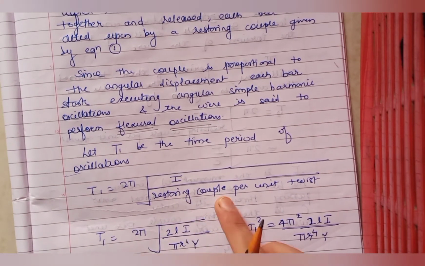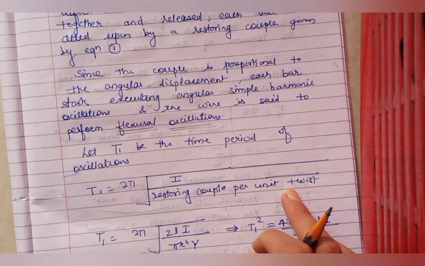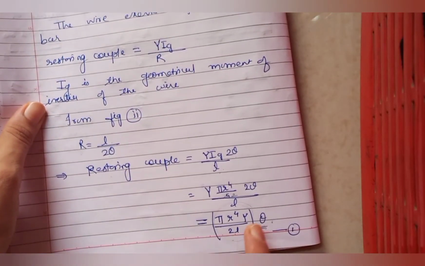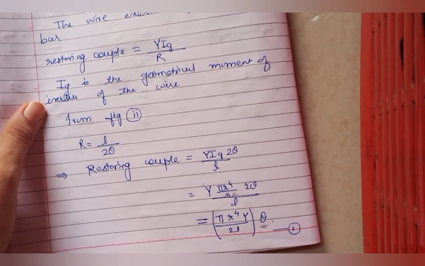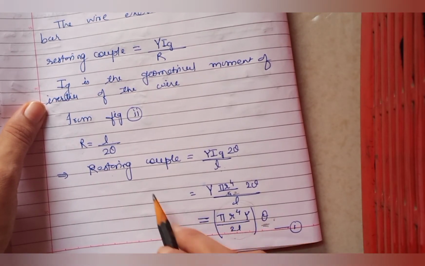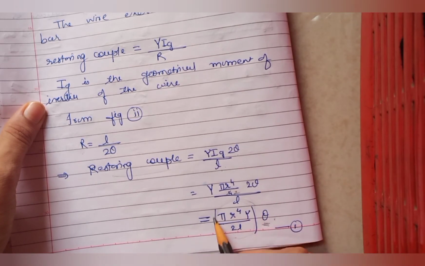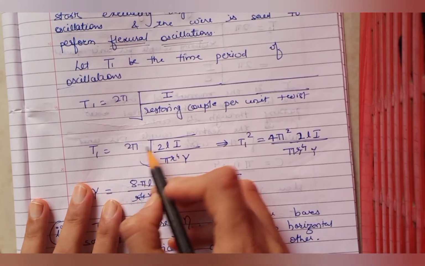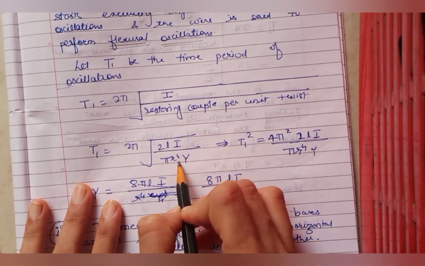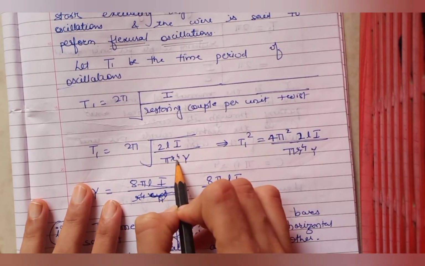हम लोगों को चाहिए restoring couple per unit twist. Twist यानी theta. So if we divide this restoring couple by theta, we will get the restoring couple per unit twist. यानी suppose restoring couple को मैं theta से divide कर देती हूँ, so I will get only this quantity. So this is the restoring couple per unit twist. So I will get T1 equals 2 pi under root I upon pi R raised to 4